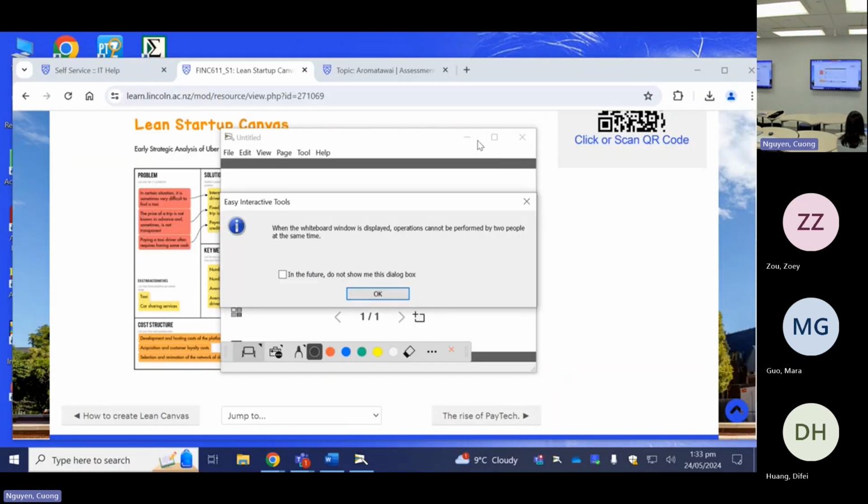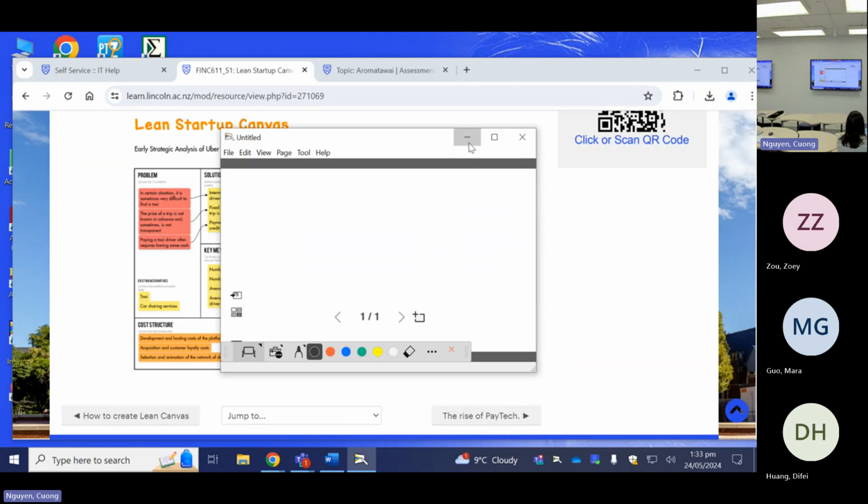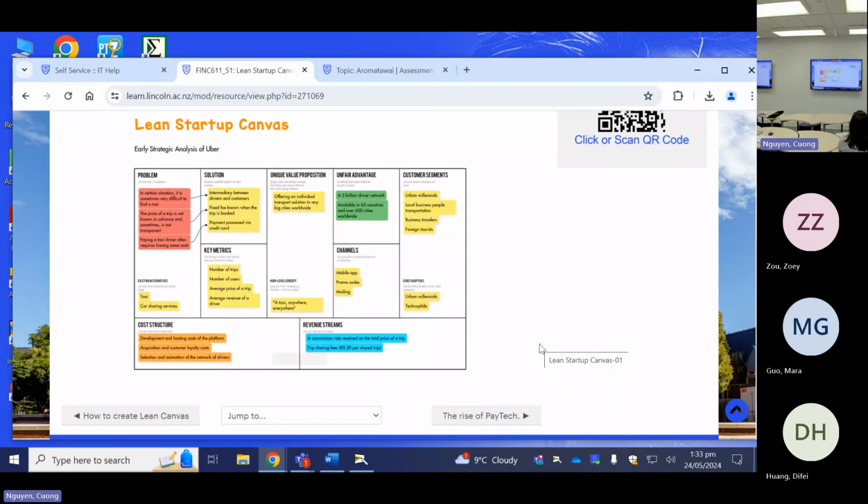Does this final one have to be a continuation of our team report? No, it's an individual one. It can be different. It can be a continuation of your business idea, that's fine, no problem. But remember that it needs to be innovative. You need to have a new idea with that.